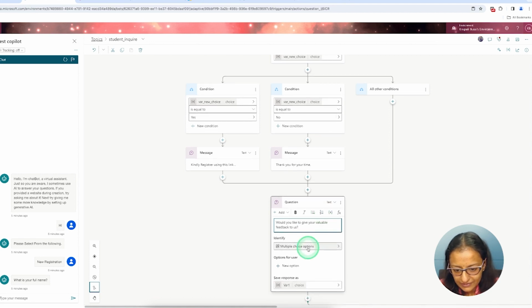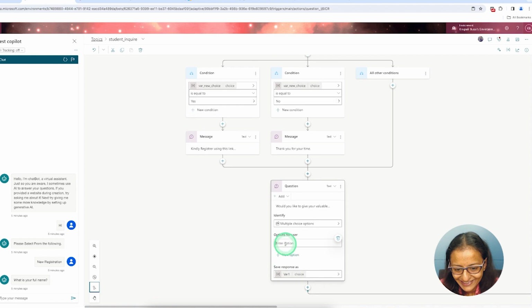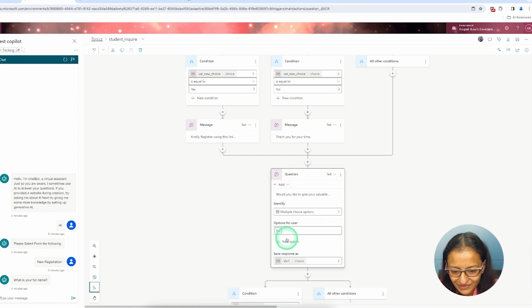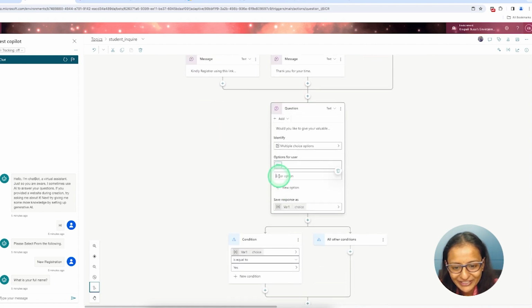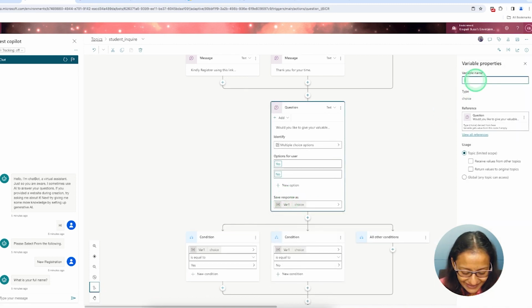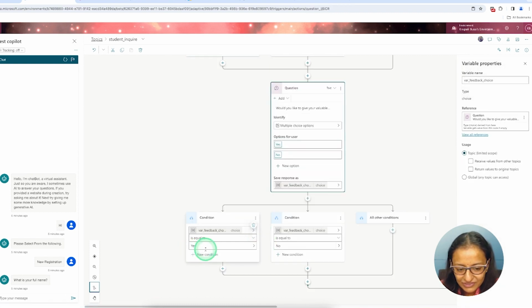Okay, and this time I am giving a choice: if the student says yes, and if the student does not want to give feedback, then we just say goodbye, because we cannot make anyone give feedback compulsorily, you know. And let me just take a variable, feedback choice. Okay. And then if they say yes, but what if they say no?